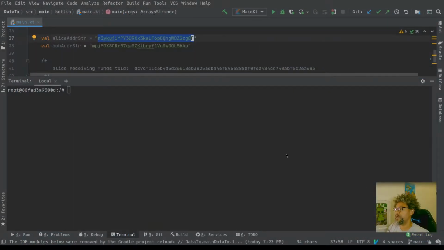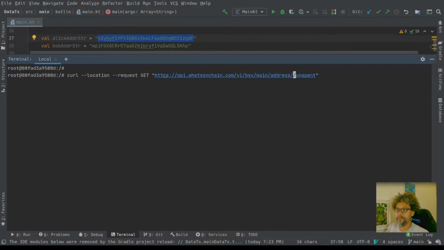I'm going to go back to my IDE. Right, so what do I want to do here? The thing that I want to do in here is issue this GET request. You don't need that. I do need to change main to test because we're going to be sending onto the test network. And then I'm going to query and ask about Alice's address. Right, so this should give us back